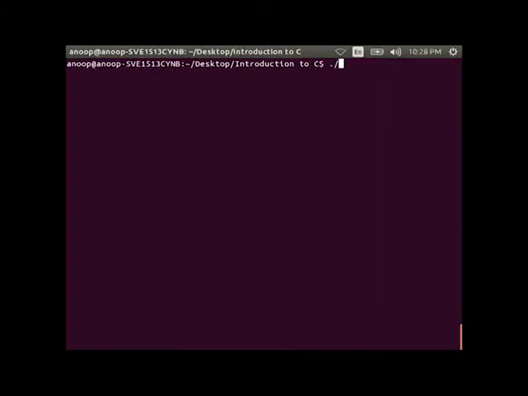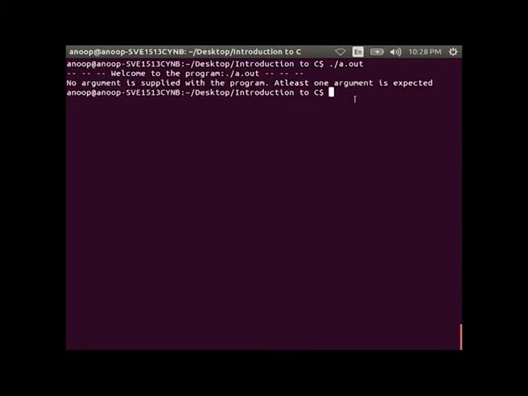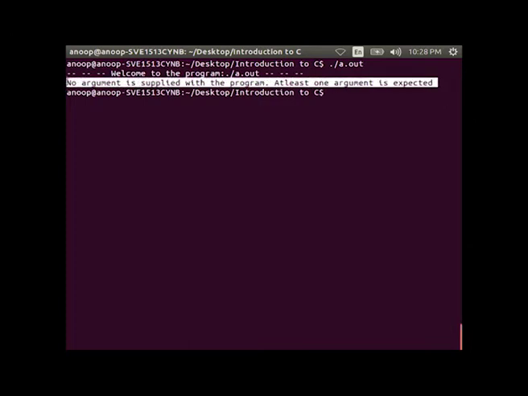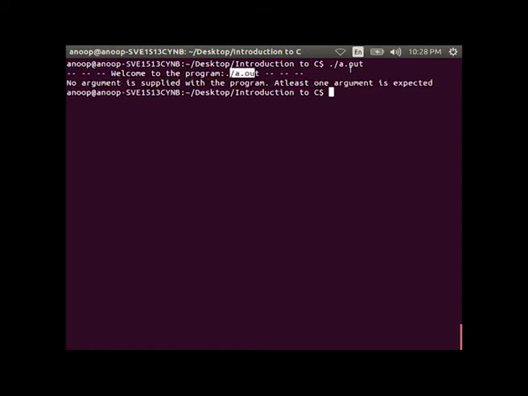Let us first compile this program, and if we do not pass any argument into the program, then it gives the message: no argument is supplied with the program, at least one argument is expected.